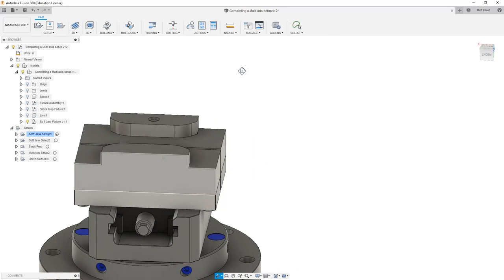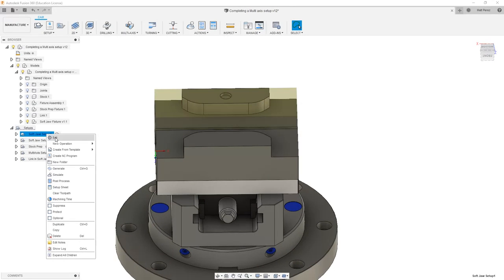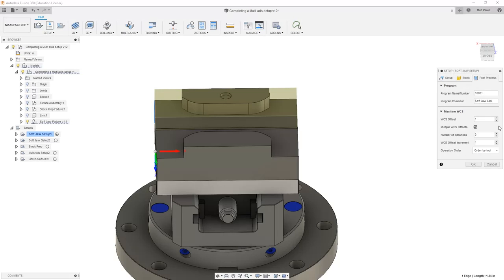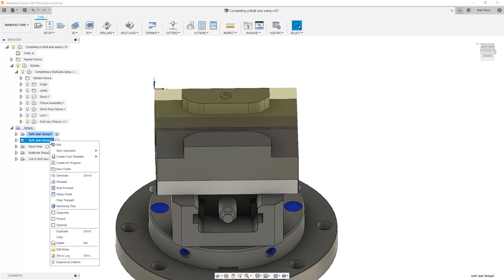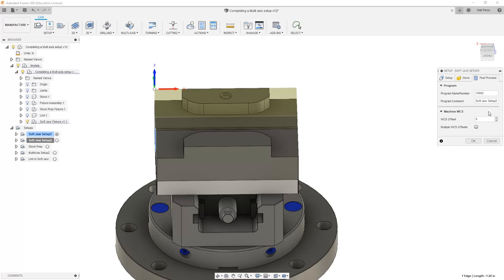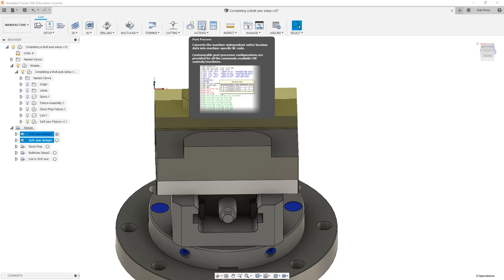I'm going to rotate this around. And then I'm going to take a look at SoftJaw Setup 1 and edit, because last we came in and we used multiple WCS offsets. So we're going to reset this to WCS 1. And then for the second setup, we're going to make sure that this is set up as WCS2. So this means if we posted both of these at the same time, that we would see G54 and G55